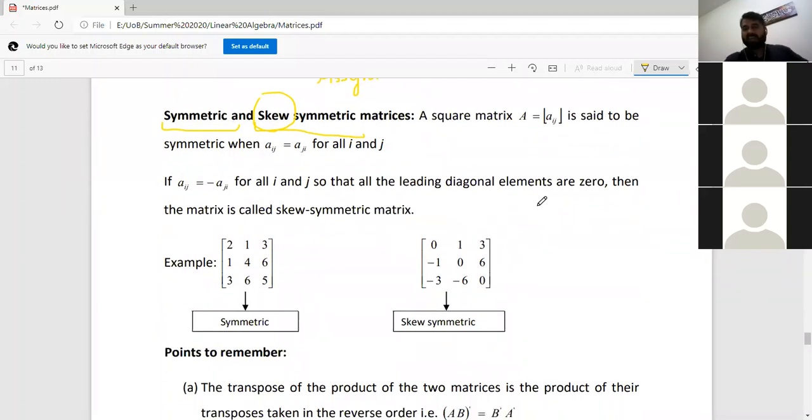A symmetric matrix is one where, if I take the transpose, I get my matrix back. You see, a matrix is symmetric if Aij and Aji are the same. Okay, it means if I change row and column, I becomes J, J becomes I, and I get the same entry back.